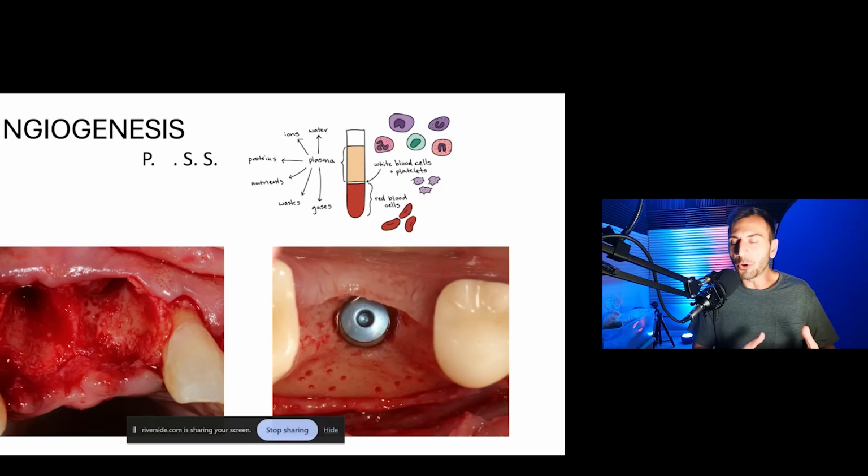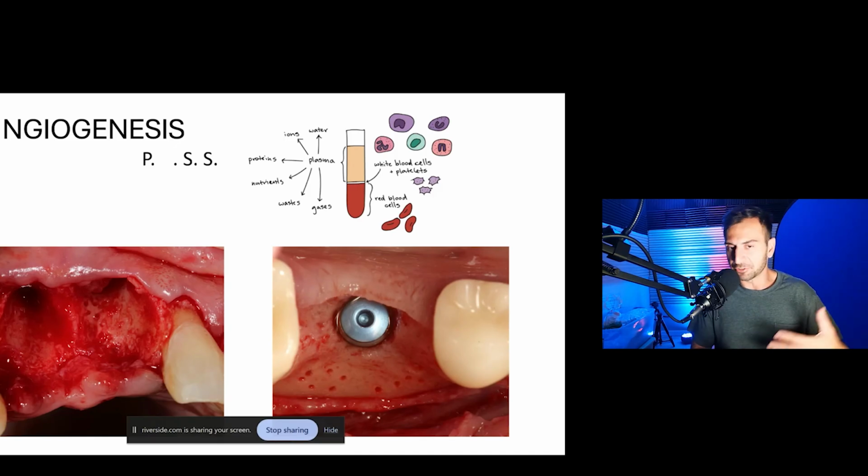So on the lower, for example, if you're doing a ridge augmentation and you have a thick cortical plate, you're going to open up a flap and you're just going to see white bone, off-white, beige, whatever bone color is, staring right back at you. You need to poke holes through that bone to generate some bleeding into the area. So in ridge augmentations, we're always poking holes on the lower mandible,